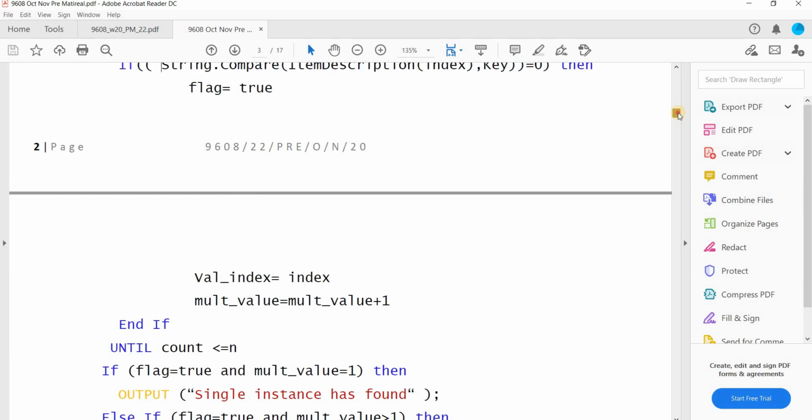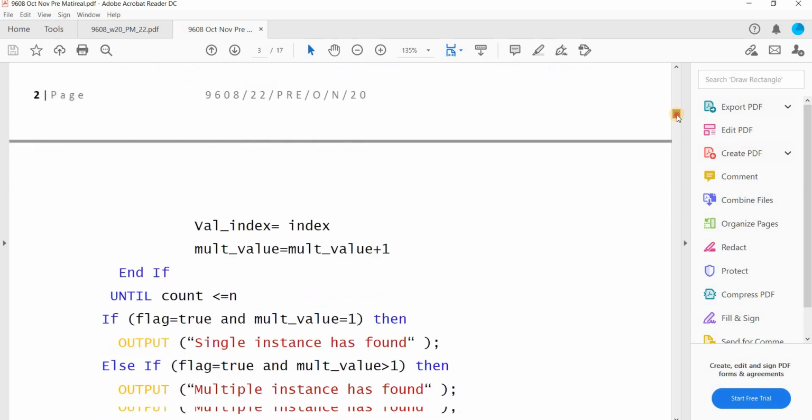When flag is true, then value index equal to index, and multi-value equal to multi-value plus 1. If it matches again, how many times it is matched? It will increase the value of this variable multi-value by one level.